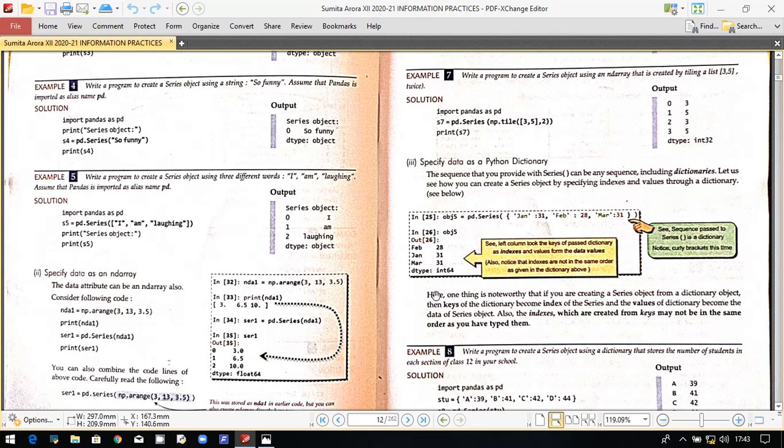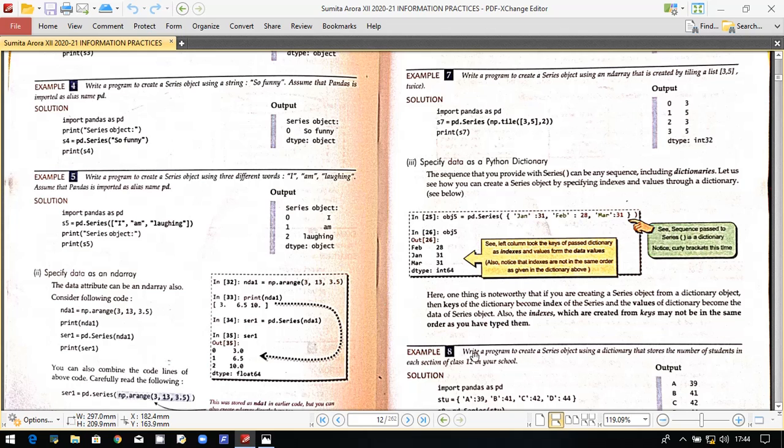Because when we create a dictionary, the key-value pairs are fixed, that is, the associated key will be related with the associated value, but the order of the key-value pairs is not fixed. So here also we can see that though the key-value pairs are correct, that is February and 28, Jan and 31, the order is unordered, and this is because of the use of the dictionary.